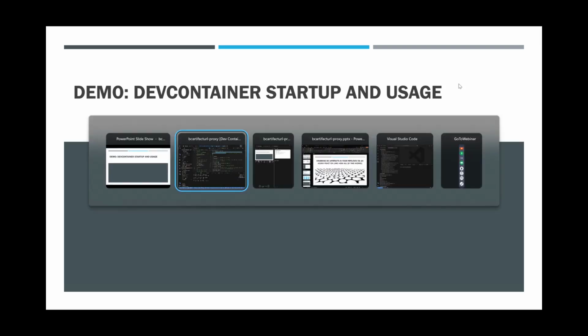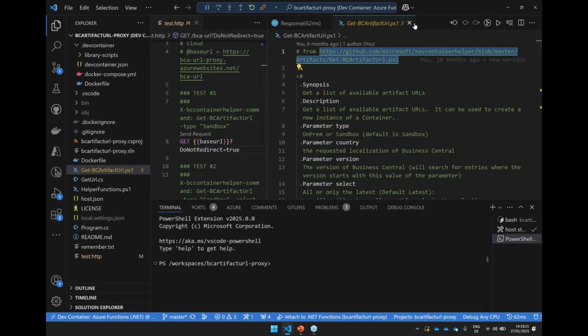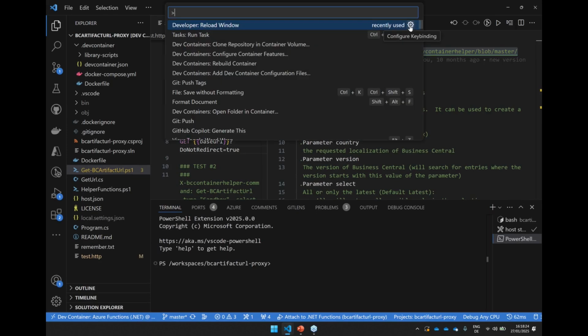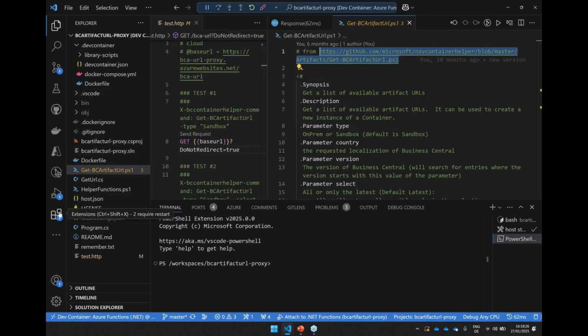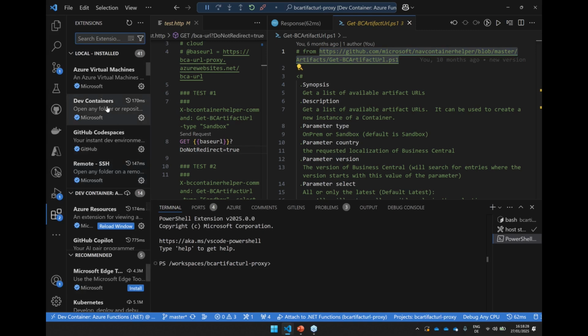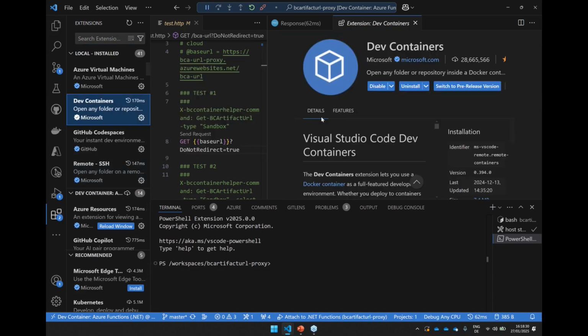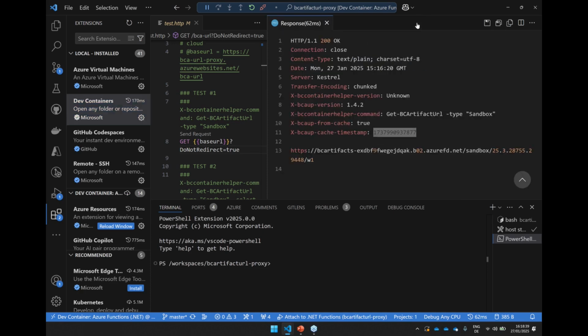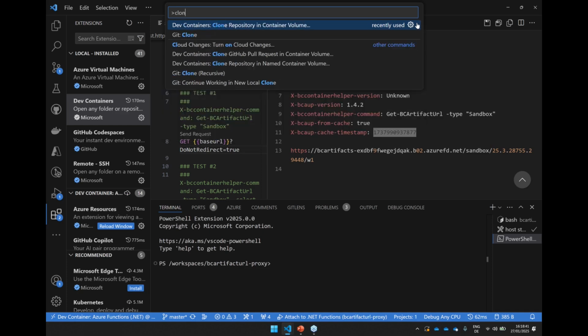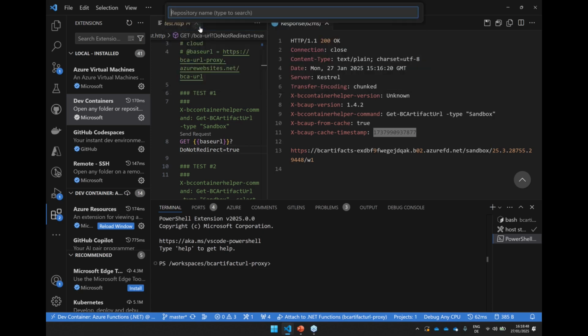So how would you do that if you want to contribute something or just take a closer look? All you need to do is, sorry, I need to show the extension. So there is a dev container extension created by Microsoft. You can see here, and that one together with the Docker desktop allows you to run those dev containers. All you would need to do is go in here and say clone repository in container volume, an action of the dev containers group. And then you would put in